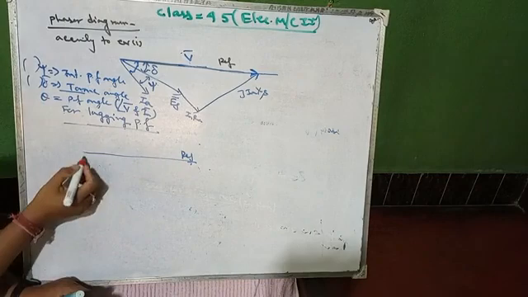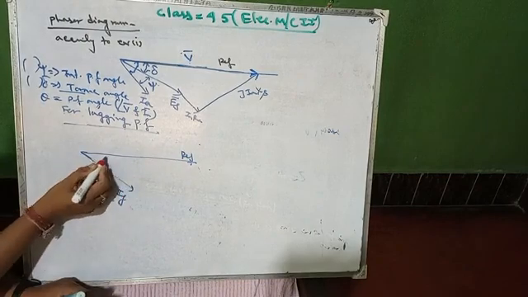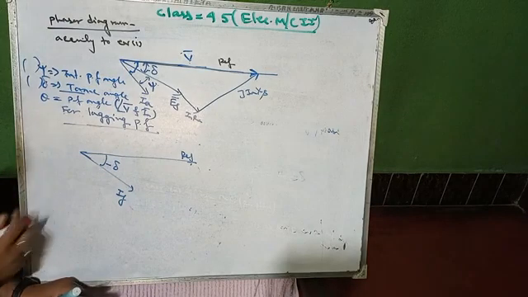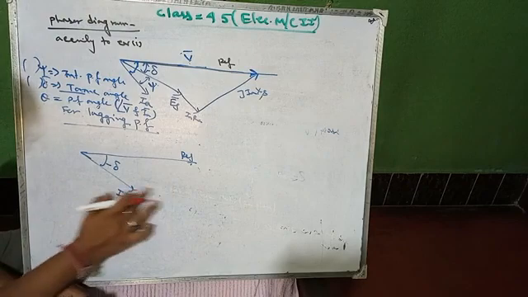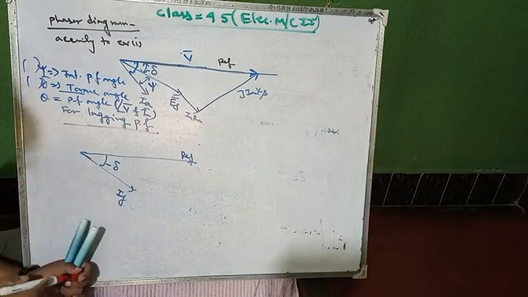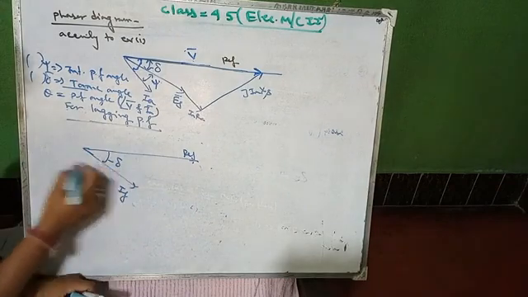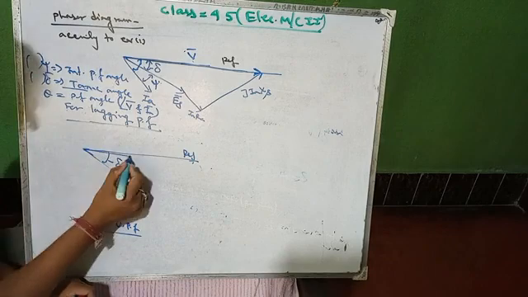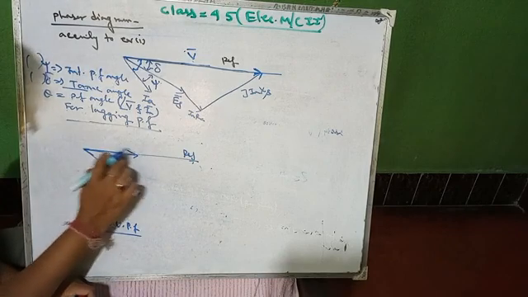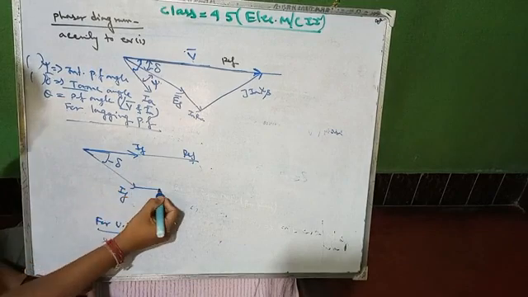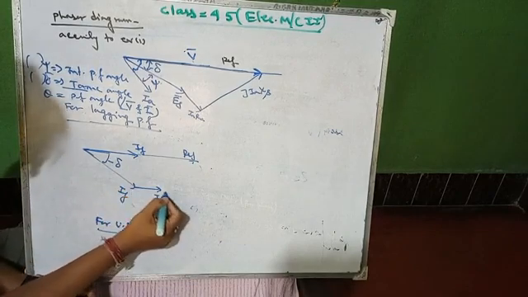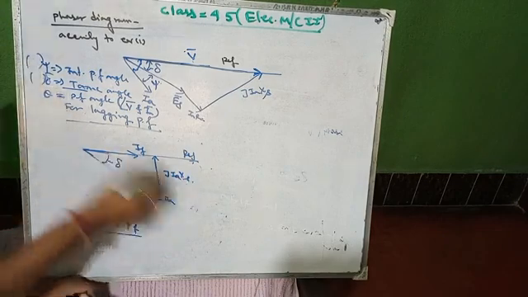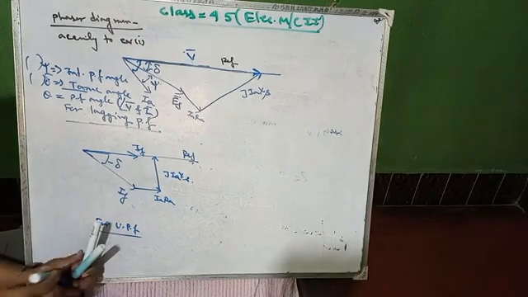So suppose it is the reference line, EF should be drawn by some angle minus del, and IA will be in phase, as it is unity power factor. This is for unity power factor, UPF, that is, the current is in the same phase with this reference. IARA will be this one, and the IA XS will be the JIA XS. So this is for unity power factor.